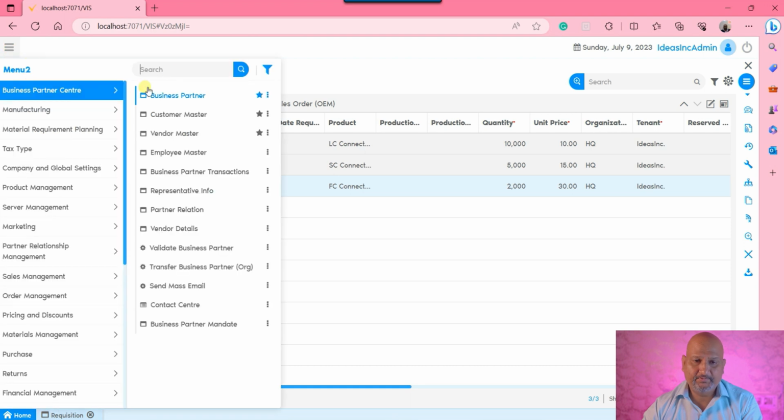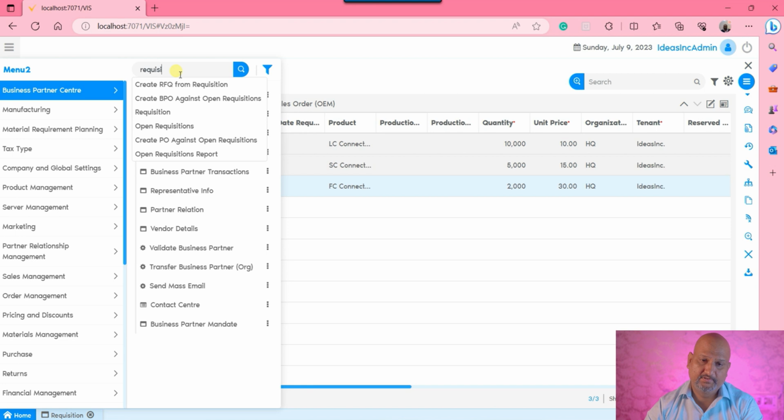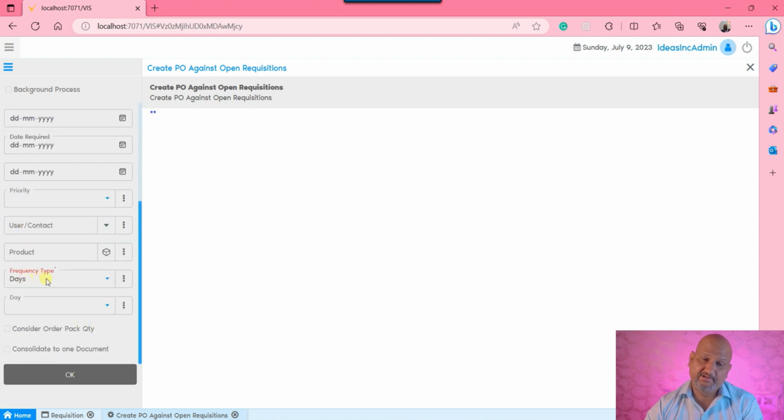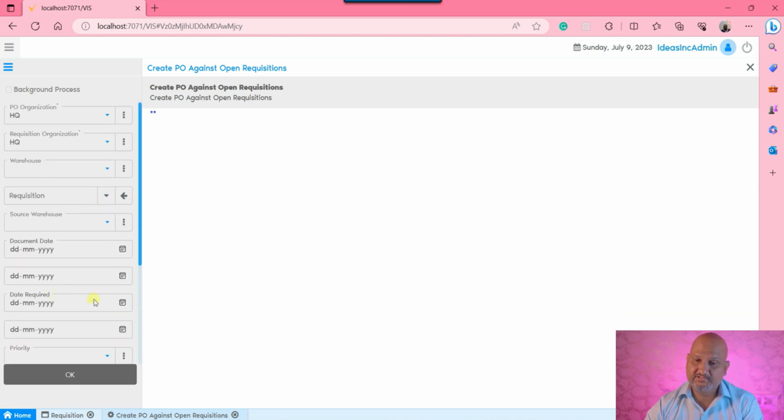So we have a process called create PO against open requisition. In this, you just need to select our PO organization, which is the organization I want to generate the purchase order for, and the requisition organization, for which organization open requisitions need to be considered. Thereafter, you just need to select a mandatory parameter, days, I say Monday, and thereafter you just need to run